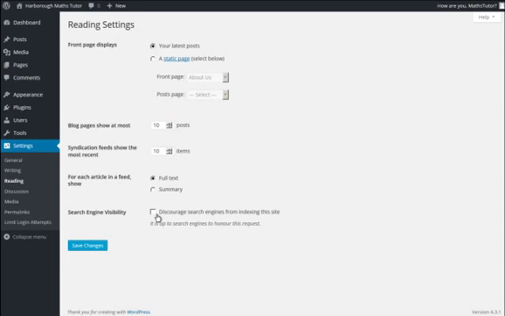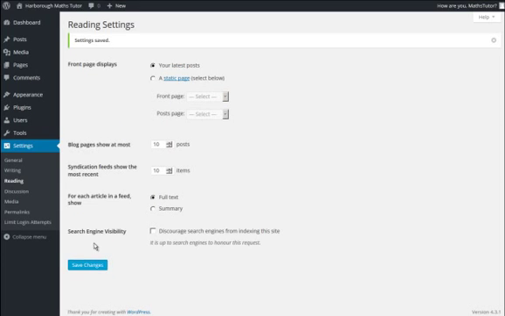Search engine visibility: discourage search engines from indexing the site. I'd suggest you don't need to tick that unless you're going to take a day or two to edit this site. If it's going to take you a long time to set up this site, if you're worried about tweaking and slowly doing it, then discourage search engines from indexing the site while you're editing, and then save changes. And then when you're happy that you've finished editing everything, untick that, save changes, and only then add a